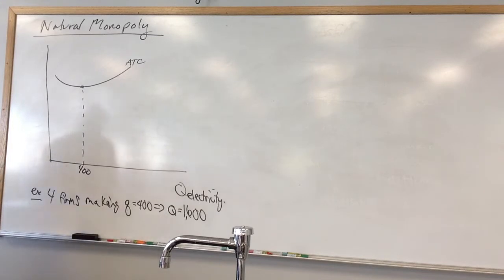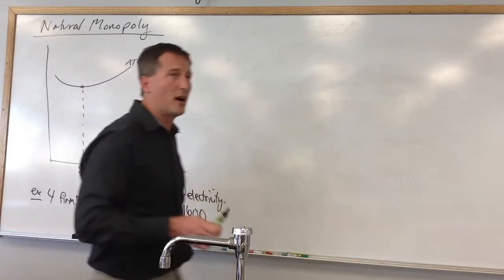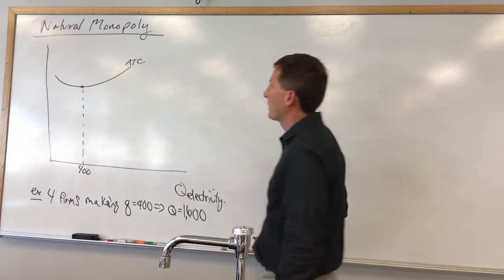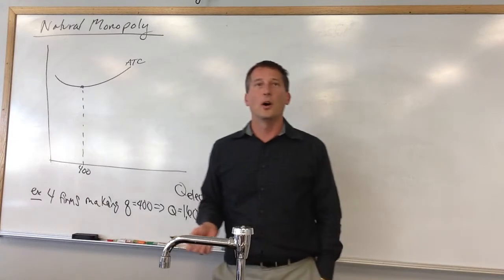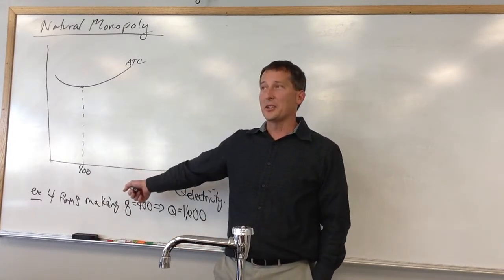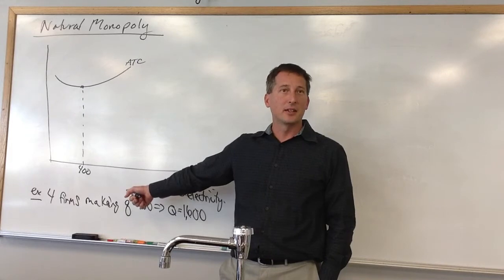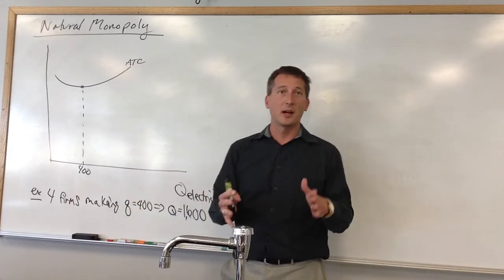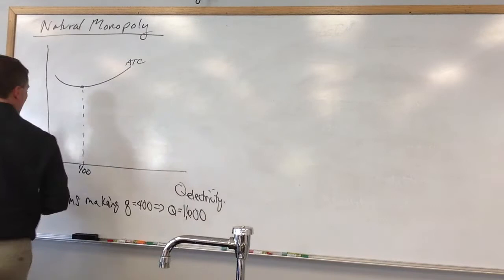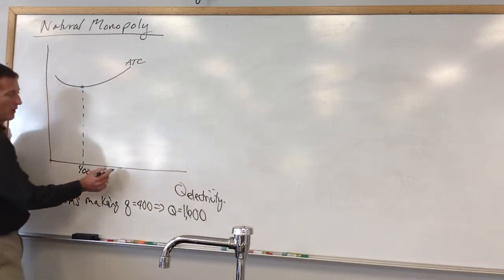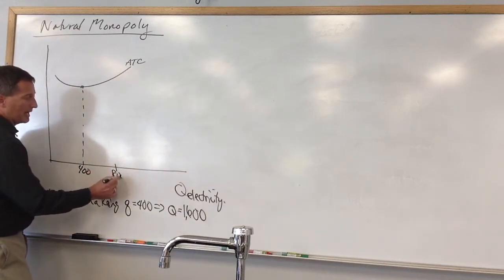Yeah. All right, good. Situation where increasing the scale of production leads to a decrease in long-run average costs. Good. So if I can increase the scale of production, I can drive costs down. So one way to increase the scale of production pretty fast here is to buy another company or merge with another company. So now we've got a merger going on between 2 firms, and so one firm is producing 800 units